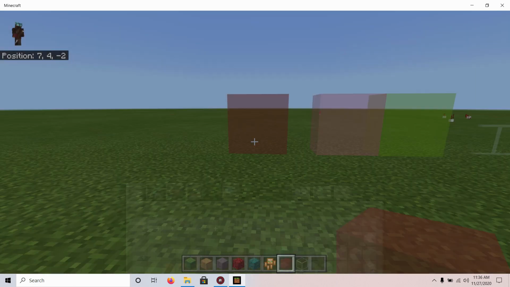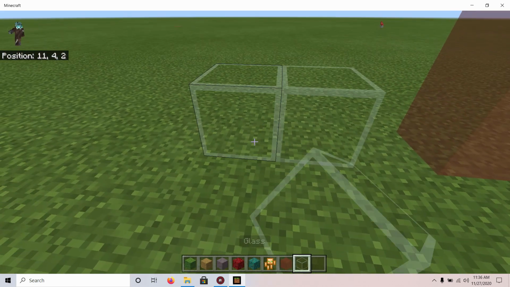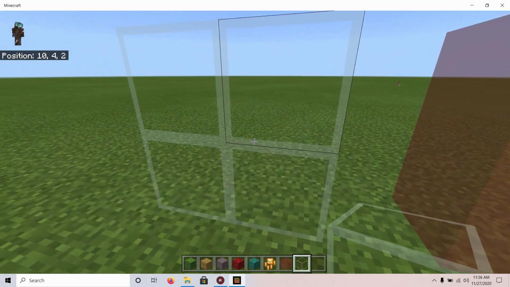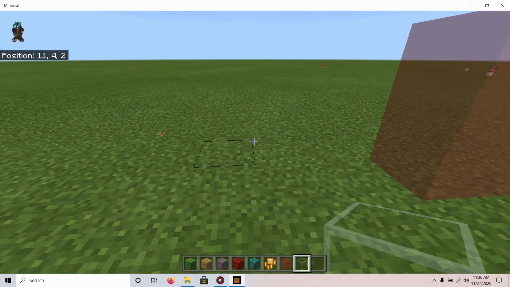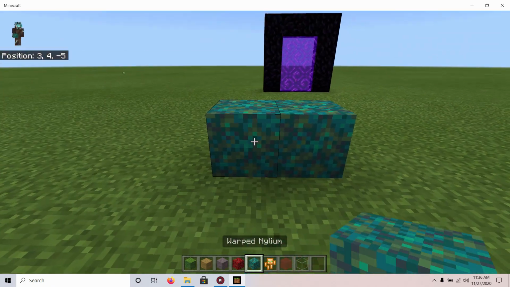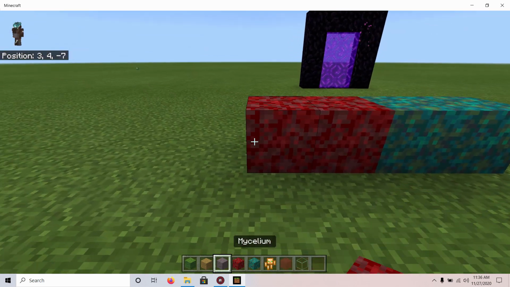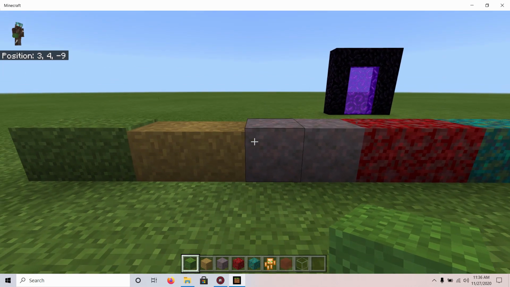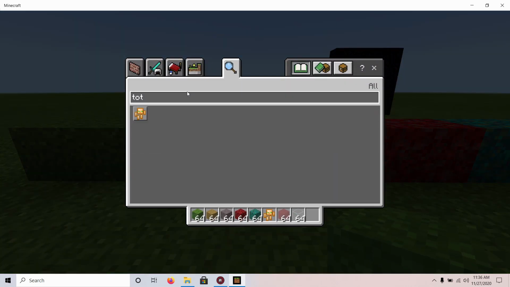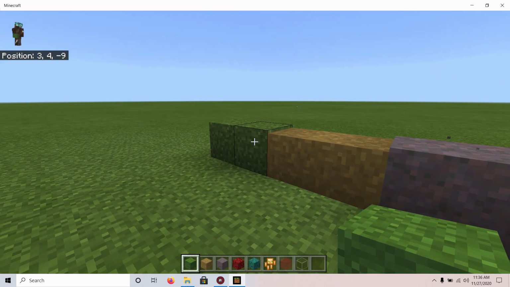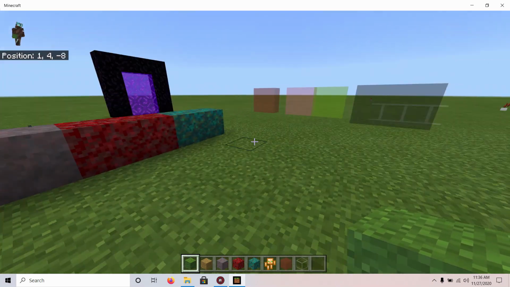Obviously, the glass, I think I've said this before, we left with a little bit of a border because it's very hard to see through. We may take this border and change it a little bit, but the defined border just makes it to where we can see it. And we did change all of the nylium blocks so that they are connected. We changed the mycelium, the grass path, and the grass block. The only thing that I did not change would have been the snowy covered grass, so if we were ever in a winter biome,